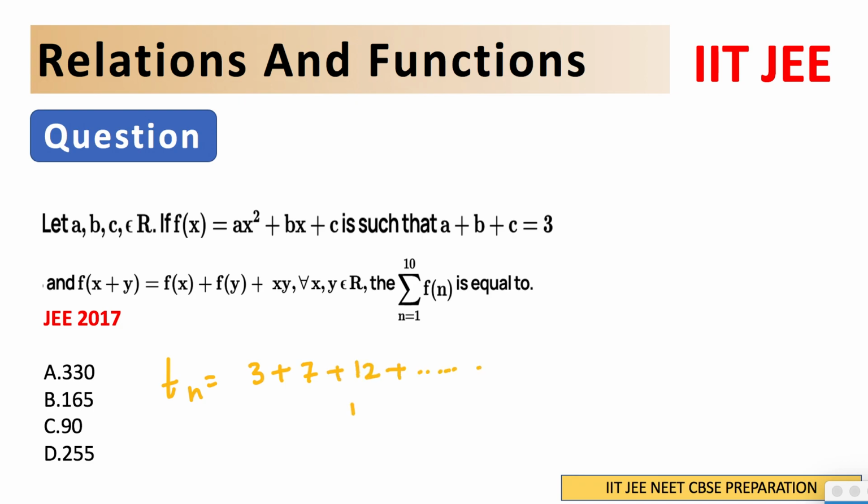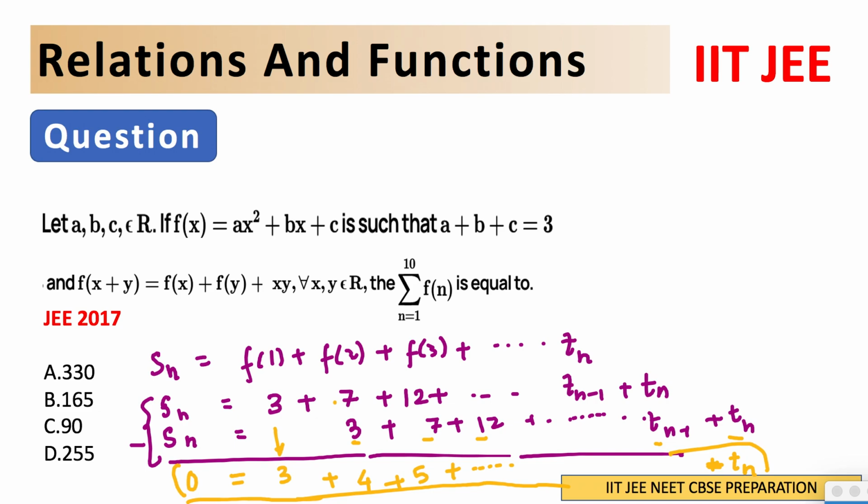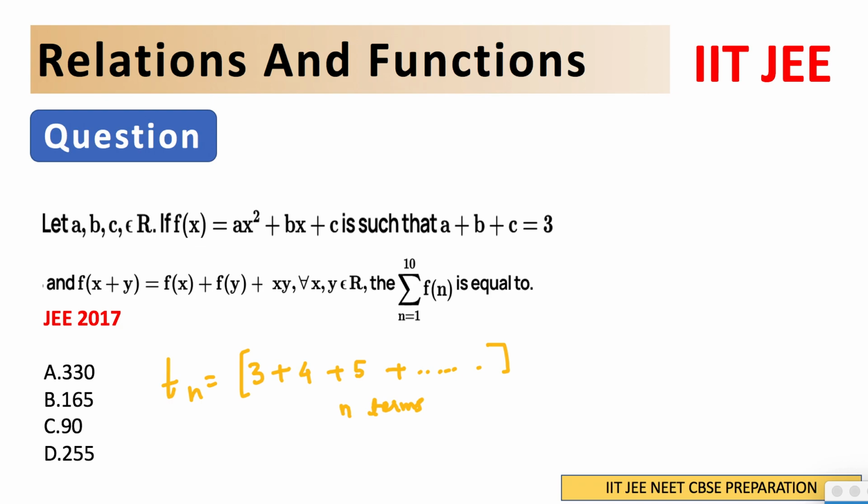And these are total how many terms? These are n terms now, because we have shifted Tn over there. Oh, I'm so sorry, this is 3 plus 4 plus 5, right? I'm talking about this last expression that we got, 0 is equal to 3 plus 4 plus 5, and so on, till minus Tn. So Tn we have shifted here, so we get this expression for Tn. This is the general form of the term Tn.